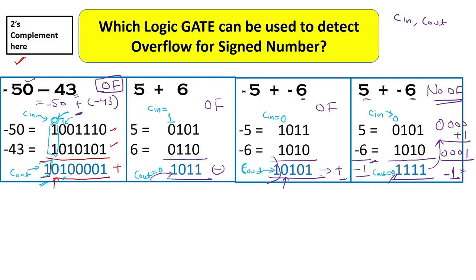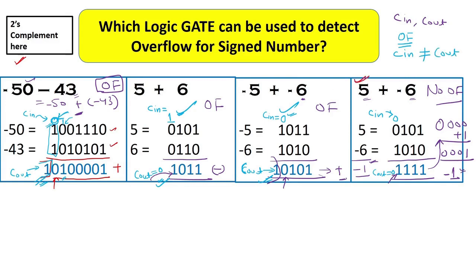So this carry bit which is coming into the last column is the carry in. In the same way, here carry in is 1 and carry out is 0, because there was no carry out. So we can assume this carry out bit as 0. Here carry out is 1 and here it is 0. So in these 3 examples, you can see that C in and C out are both different. It is 0, it is 1. Here it is 1 and here carry out is 0. This is 0, this is 1. So in case of the overflow, you have deduced that C in and C out are not equal.